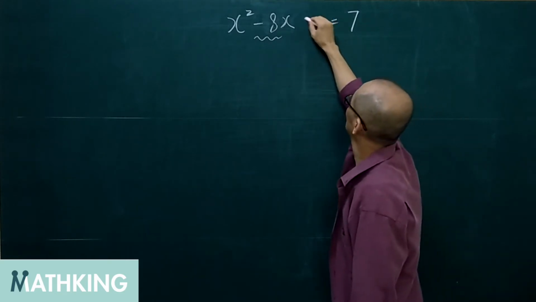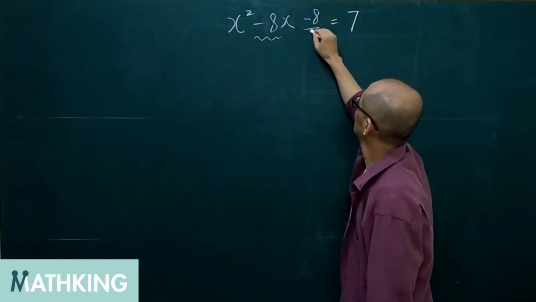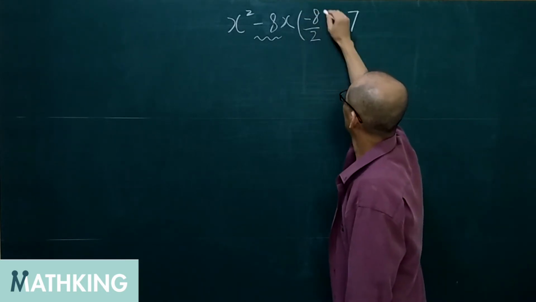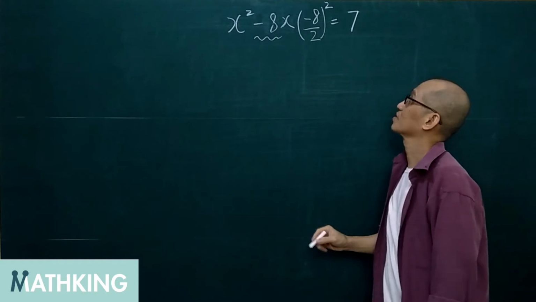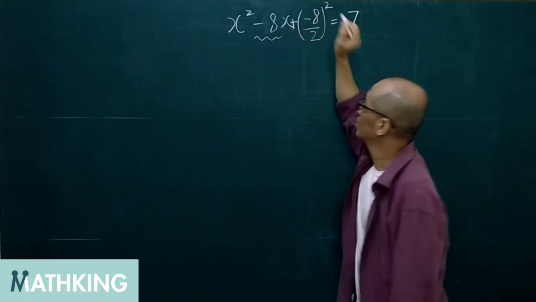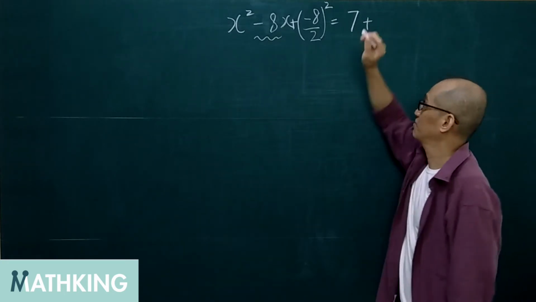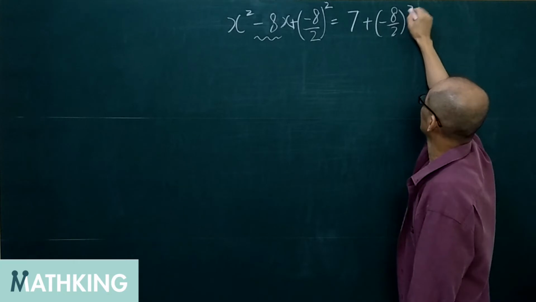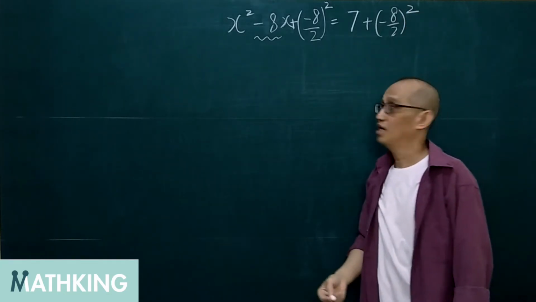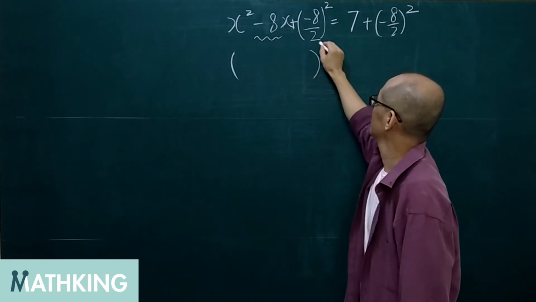-8 and then divided by 2 and then squared here. And we also need to do that to the right hand side. So here, from here we can get the square